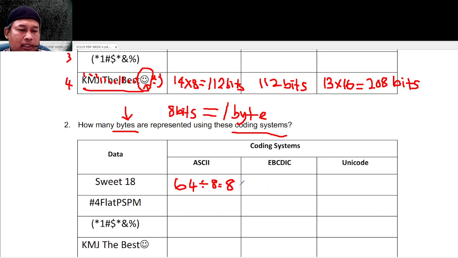And ABCD, okay, if your answer is only a number without showing the word byte, the answer is wrong. You must remember, it's very important. So you must show the word byte. So ABCD is the same, 8 byte. And Unicode